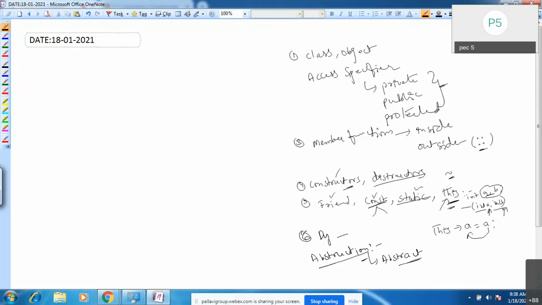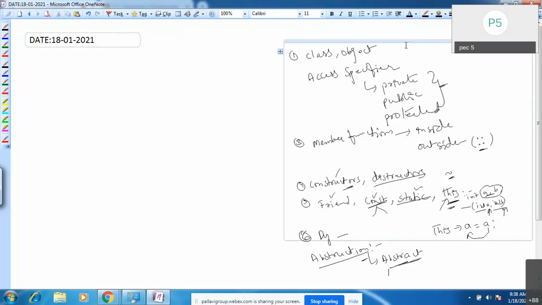By using abstract classes we will achieve this abstraction, that we will see in this third unit only. But I have given a small definition related to this abstraction. Just go through that definition. These we have learned in this second unit. Just go through once briefly.